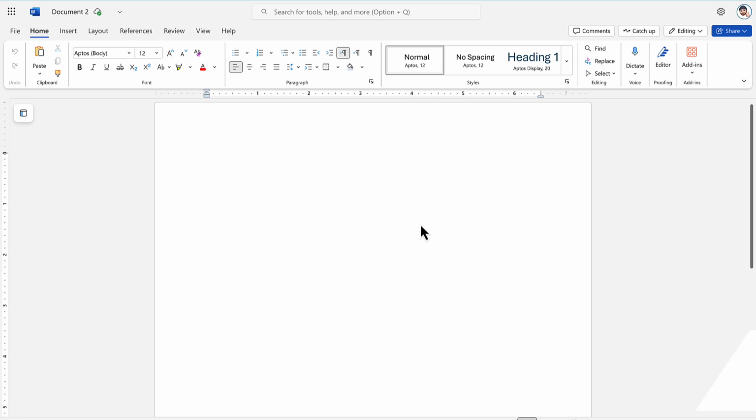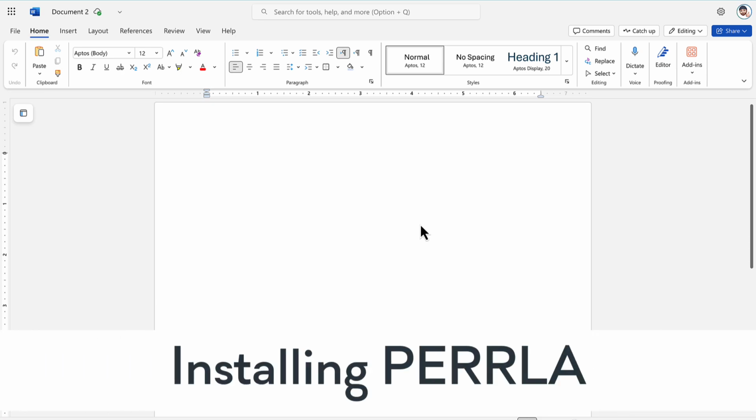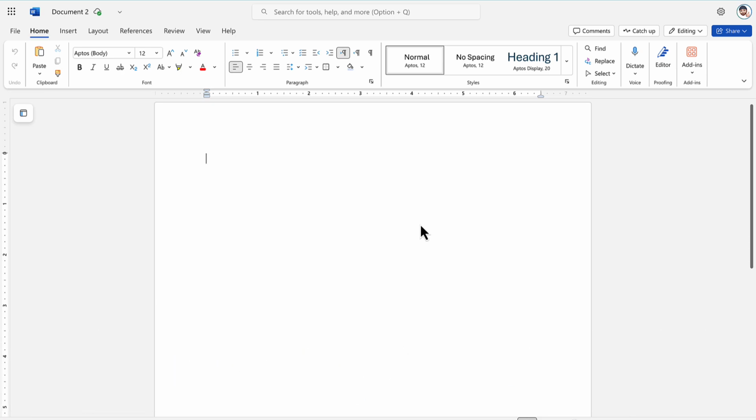So here I am inside of a Microsoft Word for Web document. And the first thing that we're going to do, if you haven't done it already, is install the PERRLA add-in. Now, if you've installed the PERRLA add-in inside of Microsoft Word on your desktop, it should show up here automatically. There are no additional steps. As long as you're in the same account, that Word add-in is going to show up